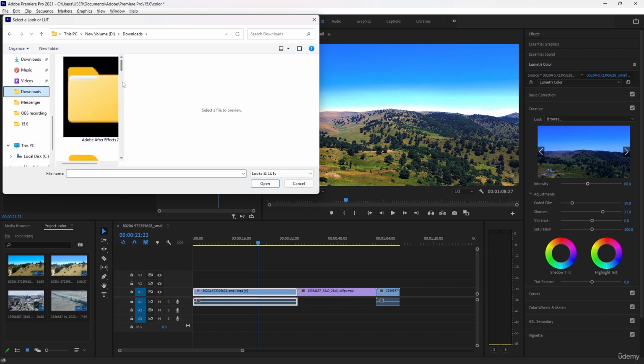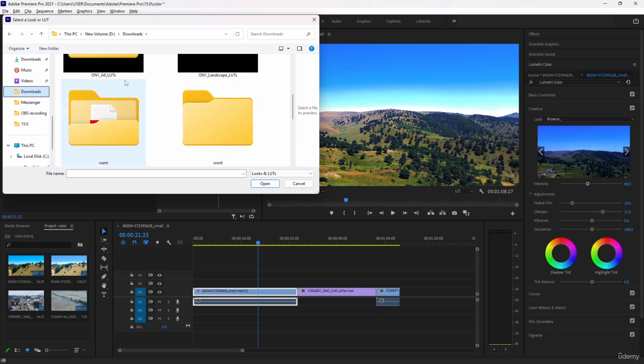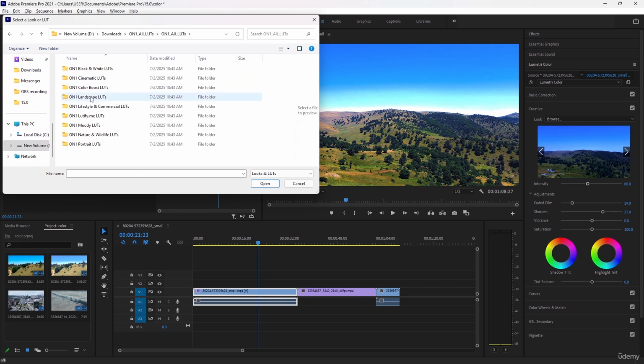So for example, let's use it from here and try to find it. If I have the LUTs over here, let's say I use something like nature and wildlife,